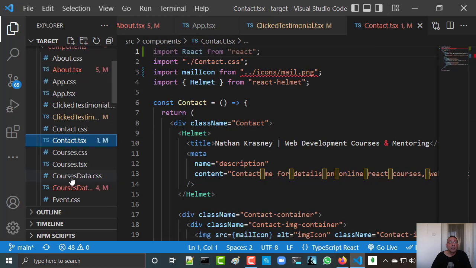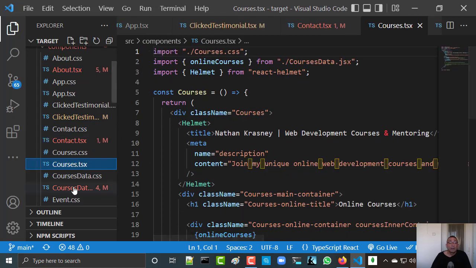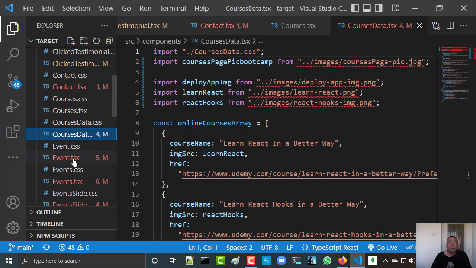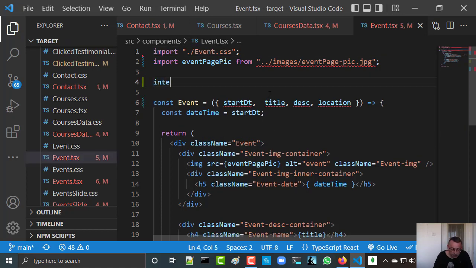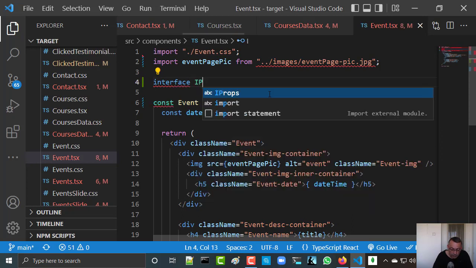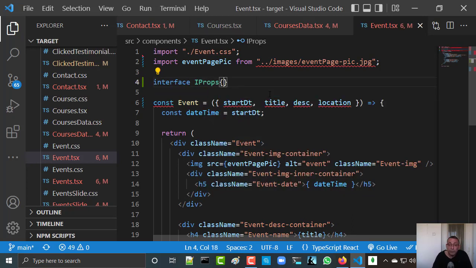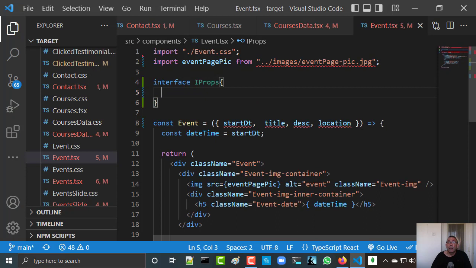Okay, here we have all the images. And also here we have the same problem, and we will do the same: an interface, props, and again all of these are strings, so string,